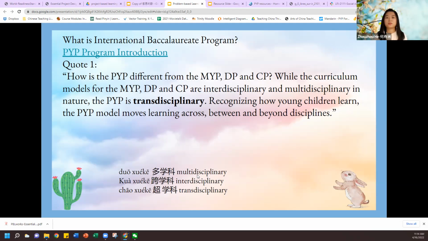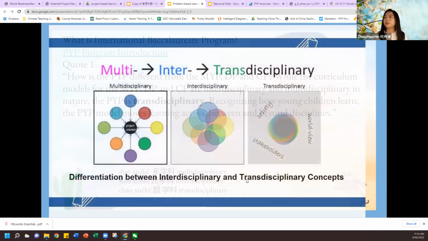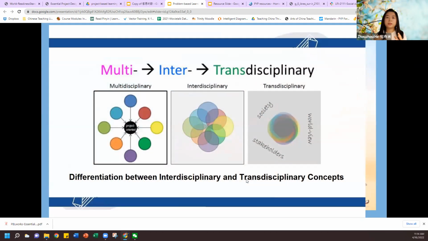and we have multidisciplinary. I think a lot of teachers may have already collaborated with other subjects before. We have interdisciplinary. Now we have transdisciplinary. What is the difference? Let's look at this picture. So the multidisciplinary,